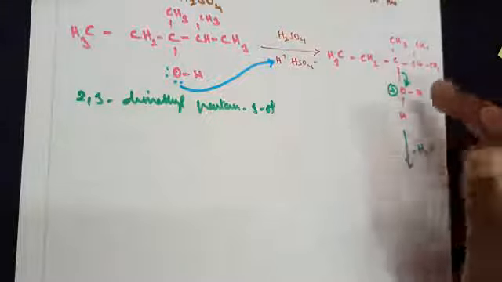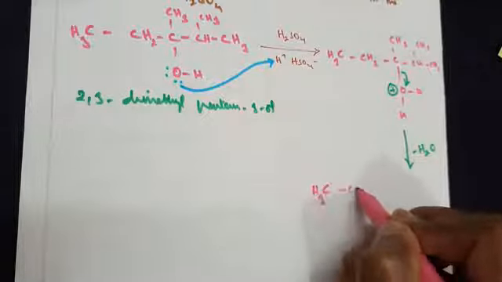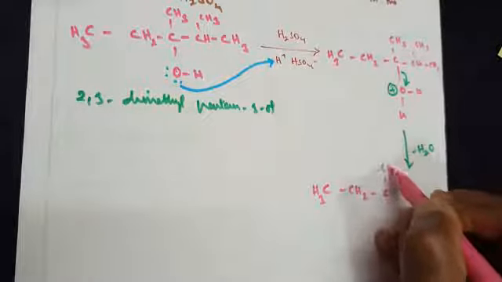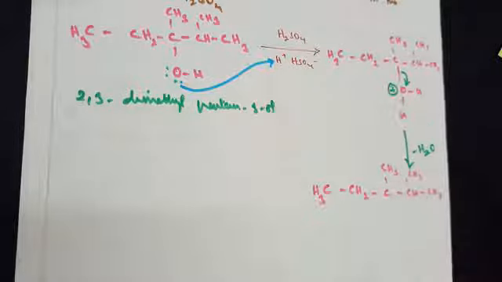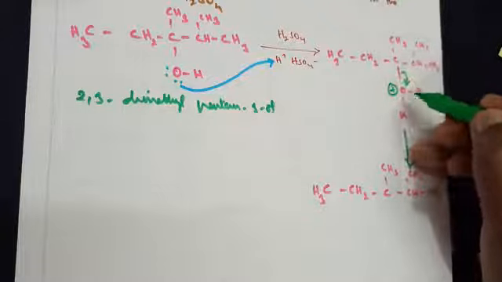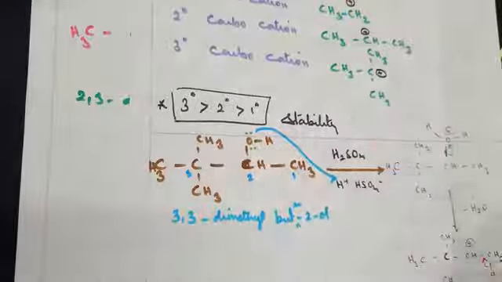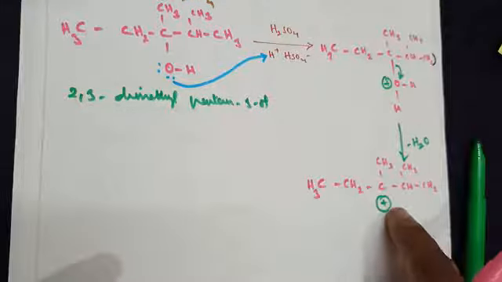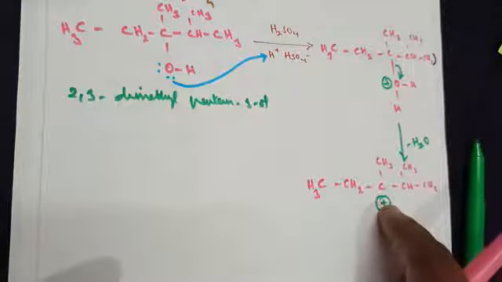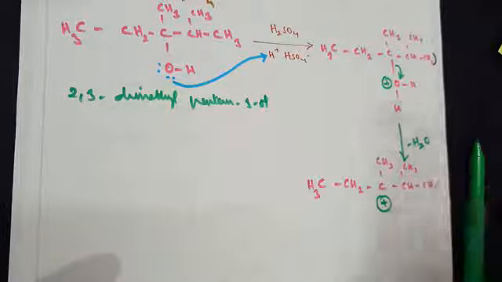So when you show that step, you need to show water molecule is being lost. So rewrite the same structure except the presence of water molecule. So you get CH3, CH2, C, CH3, CH, CH3, CH3. Remember, this carbon loses the electron. As a result, it attains a positive charge here. What concept did I tell you in the first class? After the losing of water molecule, you will see the formation of a carbocation. And in this step, you need to see whether it's a primary carbocation or a secondary carbocation or a tertiary.